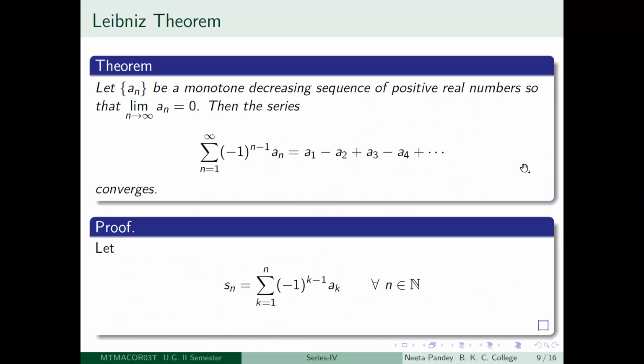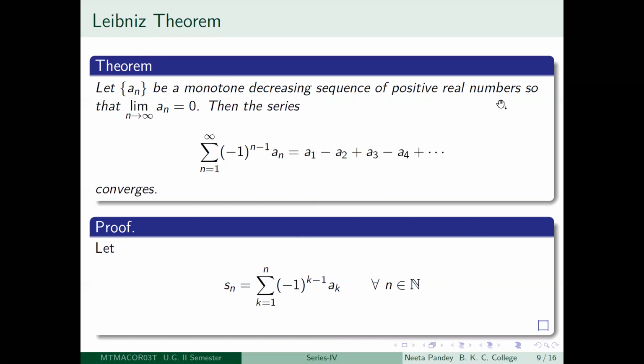Okay, so the next thing which I want to talk about is the Leibniz theorem, which says the following: if you look at a monotone decreasing sequence of positive real numbers, which is a null sequence, such that its limit as n tends to infinity a_n is equal to 0, then if you consider the series a1 minus a2 plus a3 minus a4 plus etc., then this series is going to converge. Such a series is called an alternating series